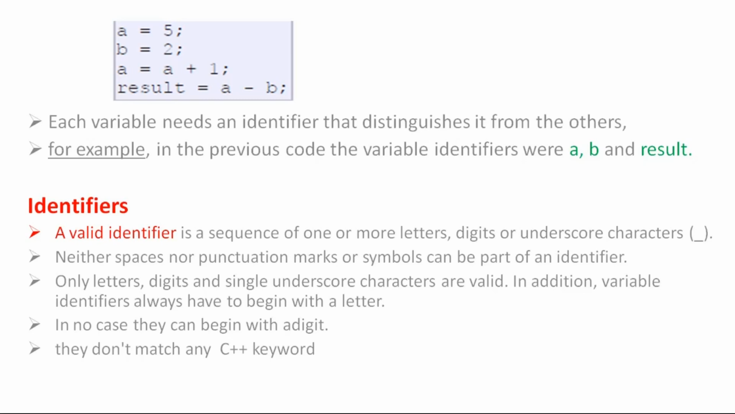In addition, variable identifiers always have to begin with a letter. የመጀመሪያው variable ምን ሊሆን ይገባዋል? Letter ሊሆን always begin with the letter. የመጀመሪያ ላይ አይዴንቲፋየራችን ሌተር ሊሆን ይገባል። ያ ማለት ዲጂት መጀመሪያ ላይ ከሆነ፣ ያ ማለት ቁጥር መጀመሪያ ከሆነ አይዴንቲፋየር አይሆንም፣ ኢንቫሊድ አይዴንቲፋየር ይሆናል ማለት ነው። In no case can they begin with a digit. በቁጥር ወይም በዲጂት አይዴንቲፋየራችን መጀመር የለበትም። መጀመሪያ ምን መሆን አለበት? ቫሪያብል ይሄ ሌተር ሊሆን ይገባዋል ማለት ነው።